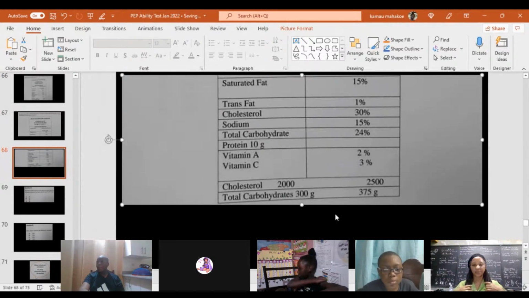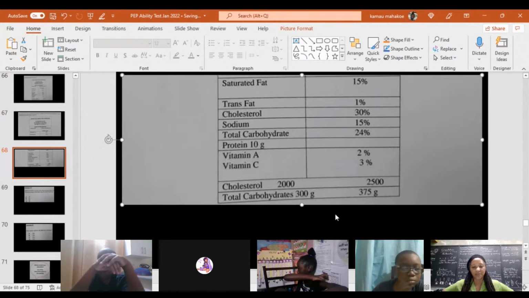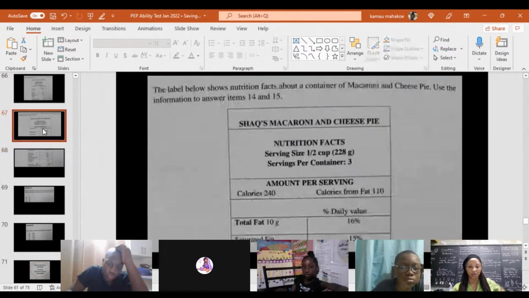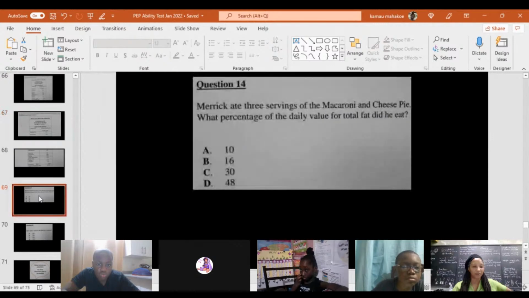Sodium 15%, total carbohydrate 24%, protein 10 grams, vitamin A 2%, vitamin C 3%, total carbohydrates 300 grams. So that would come under calories, right? Calories. So the question is,